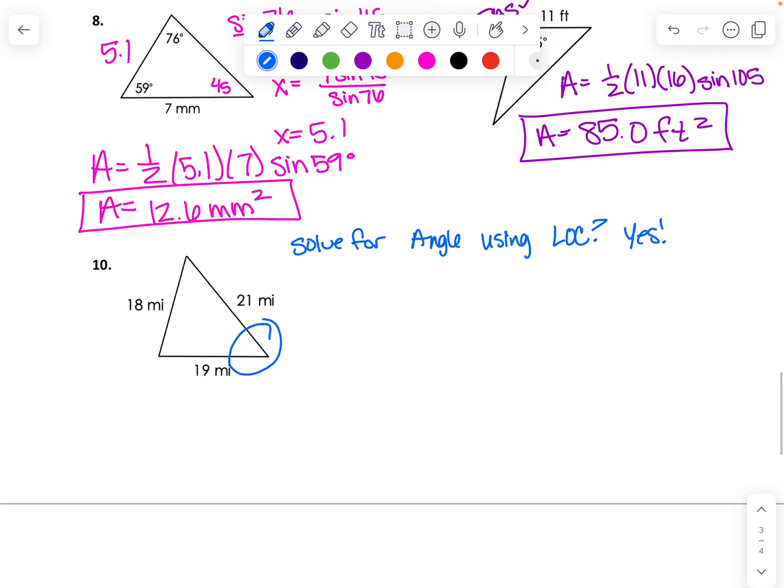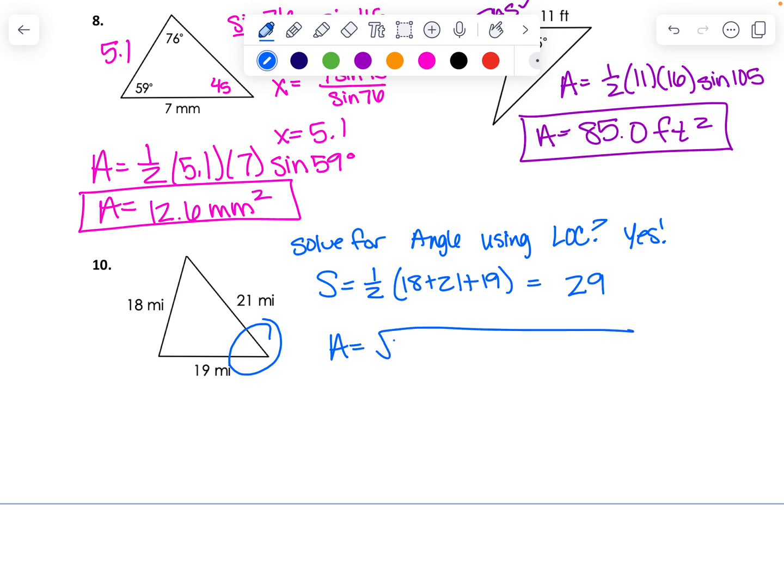So if I look at number 10, I have that side-side-side relationship. So I need to find that semi-perimeter, 1/2 of 18 plus 21 plus 19, which is 29. So that semi-perimeter is 29. Area then is the square root of my semi-perimeter, 29, times 29 minus 18, times 29 minus 21, times 29 minus 19. So I take that semi-perimeter and subtract each of those side lengths,